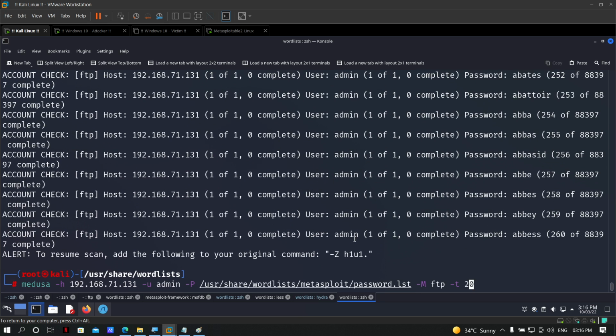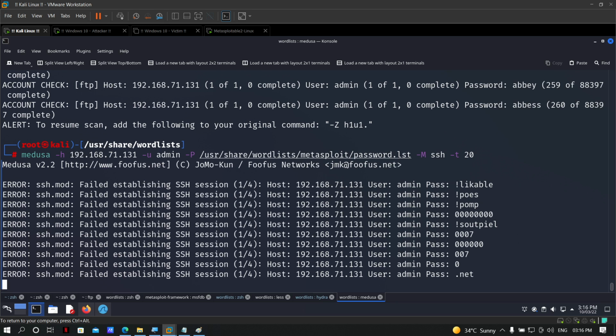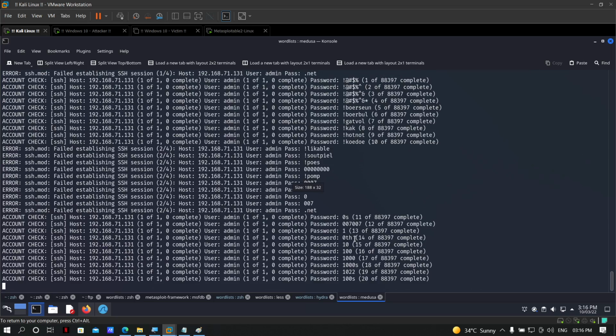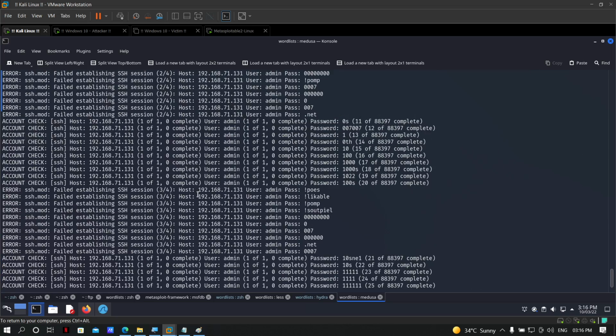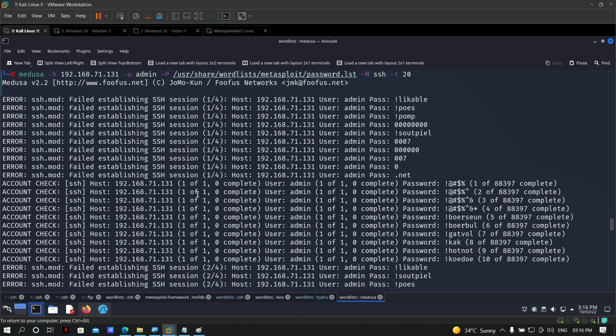So all you have to do is just lower your number of threads here, like this one. We are trying with 20 threads here. I executed the command with 20 threads and only 10 of the passwords are checked.